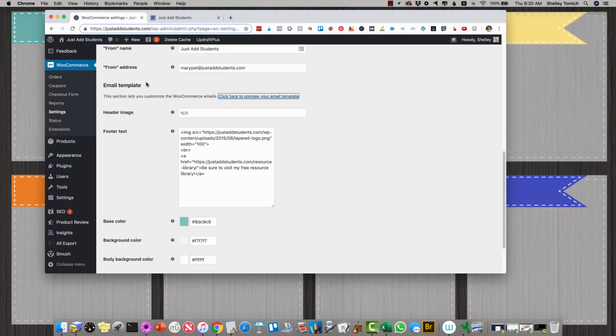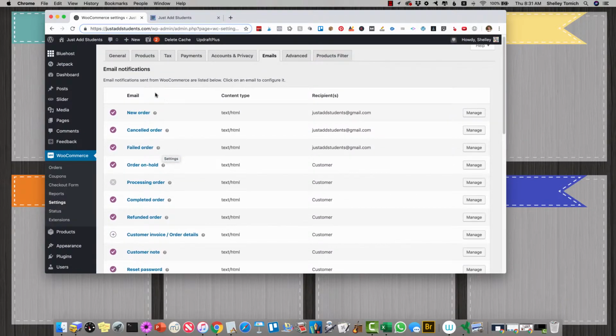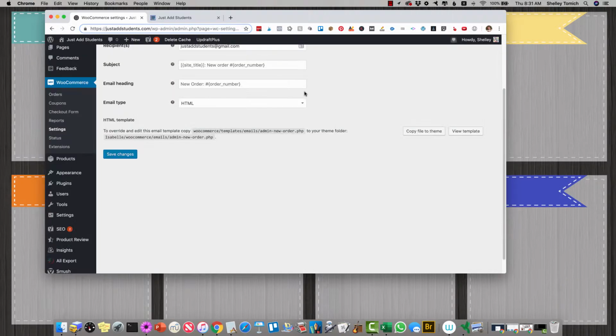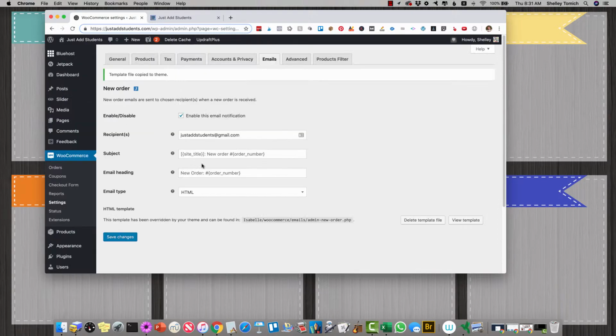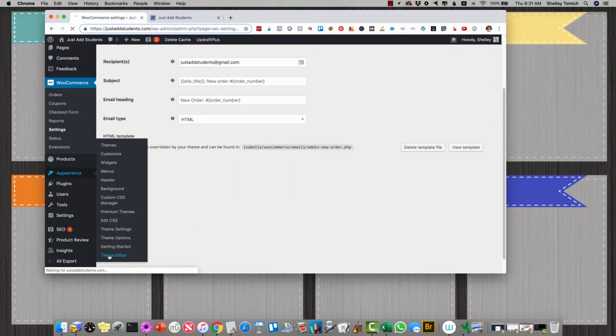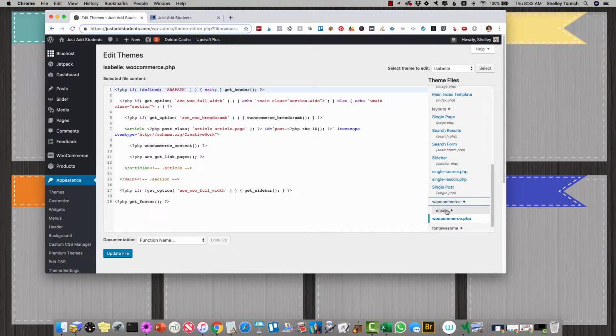If you want to change the actual contents of a particular order, like if you have a new order, you click Manage. And then this is a little complicated because you have to copy this file to your theme. So I'm going to go ahead and do it for one just to show you. And then you have to come over here to Appearance, Theme Editor. Then you scroll down to WooCommerce, go down to Emails, and you go to admin-new-order.php,